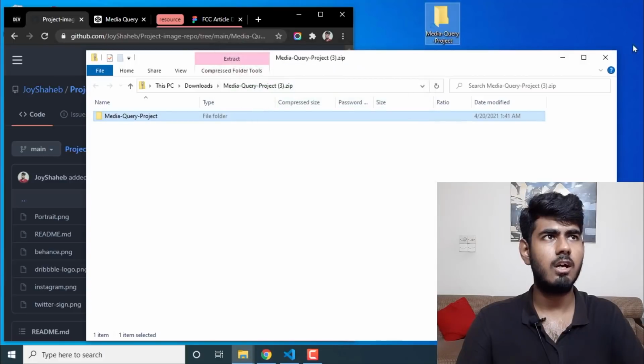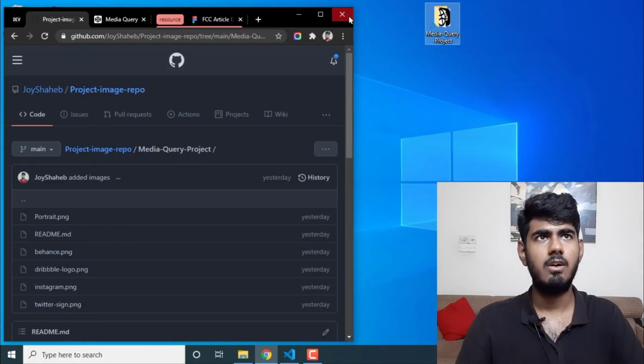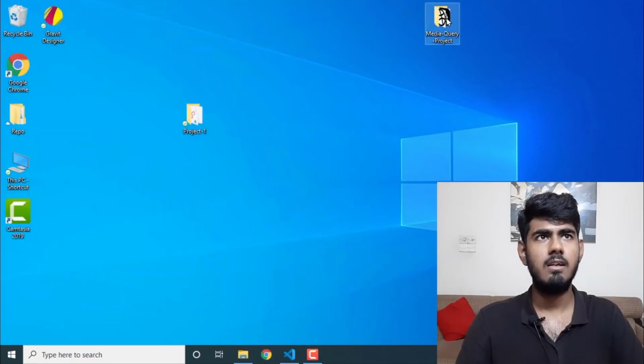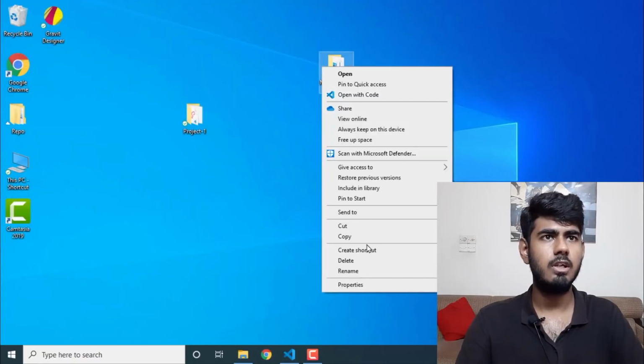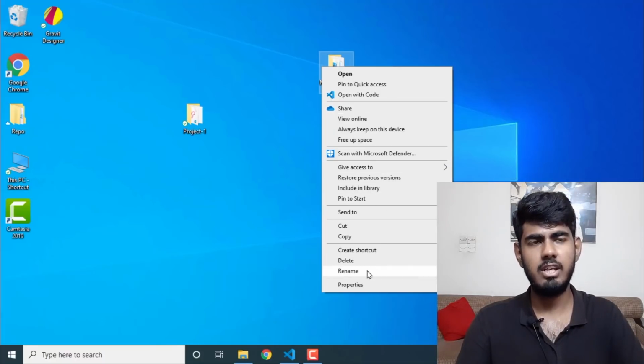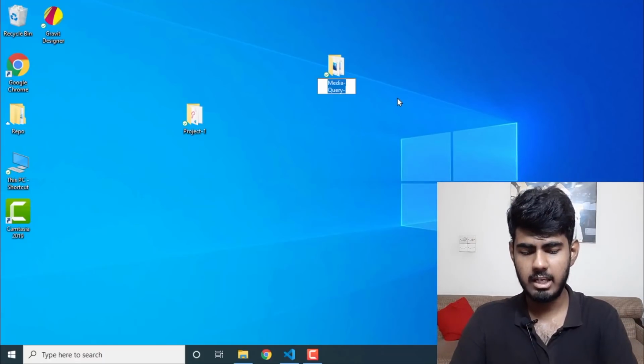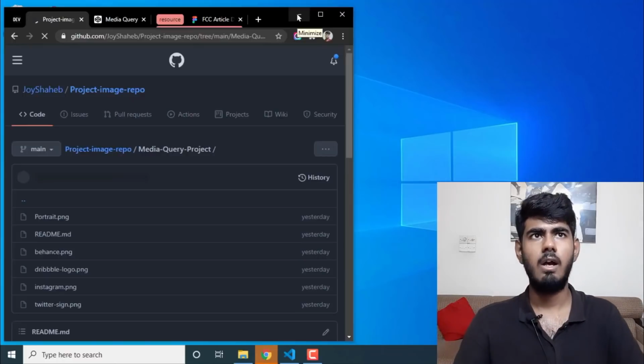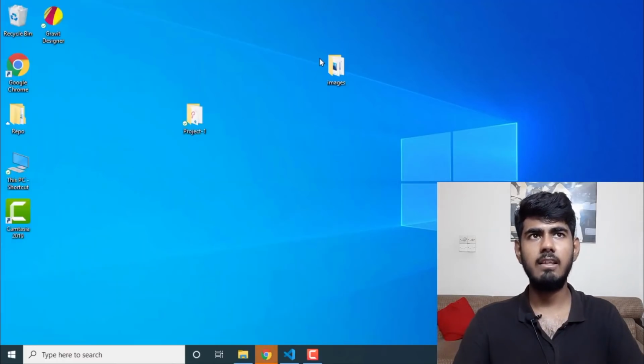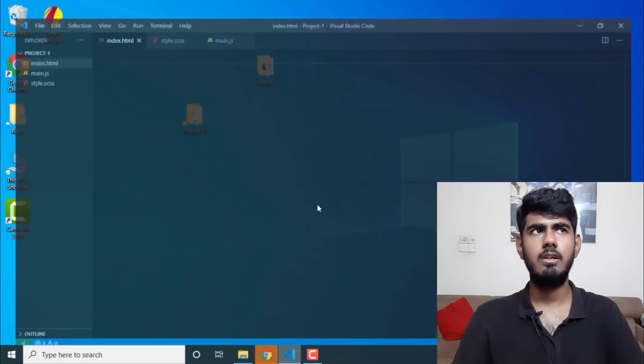It contains 5 images. Okay, so once that's done, you're gonna rename the folder and name it to images. If you click on here, or you can also click F2 to rename the file, folder. So you're gonna write images like this. And now what you can do is you can either drag this inside or you open VS Code over here